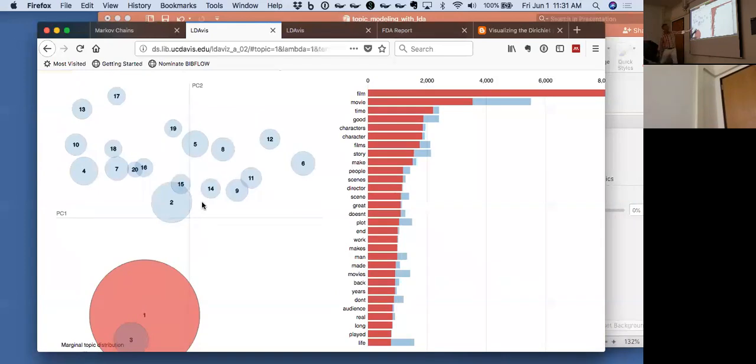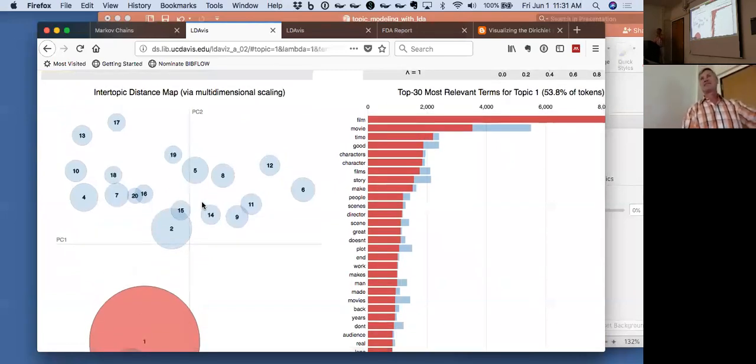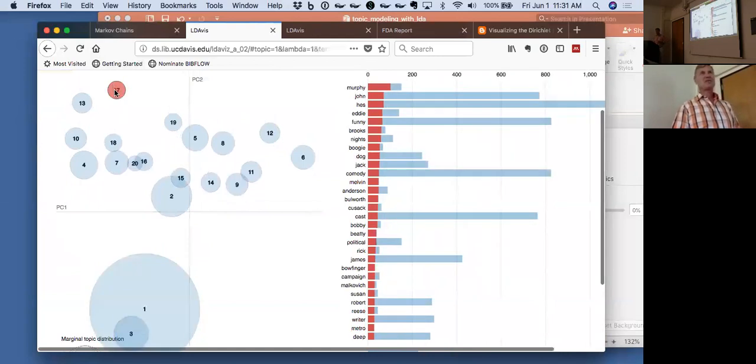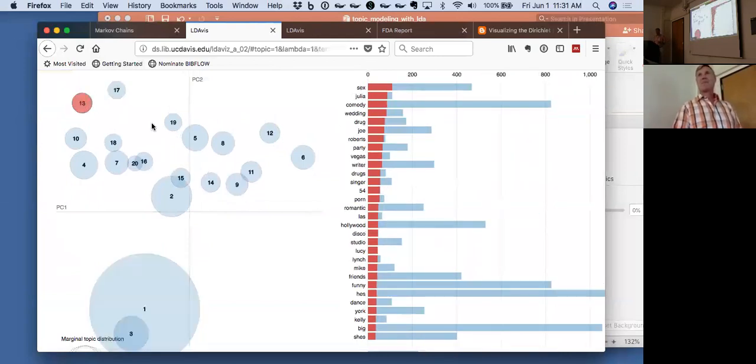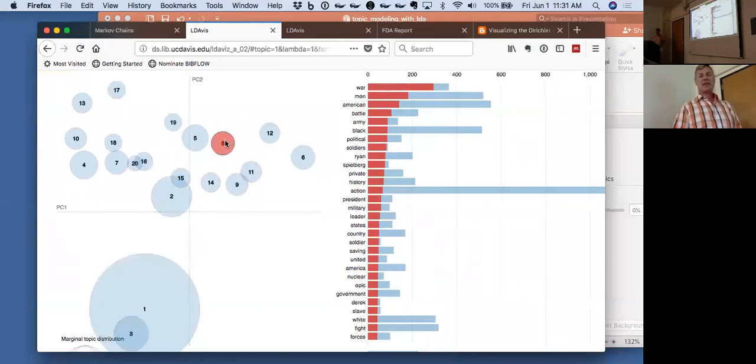Okay, so let me go out and explain more exactly what these are, and then we'll do it. Okay, so here we go. Ignore the PC1 and PC2. Ignore the principal component for this moment, okay? What we have here is a graph where each one of these represents a topic cluster, okay? Every one of these is a topic cluster, and the size tells me its relative